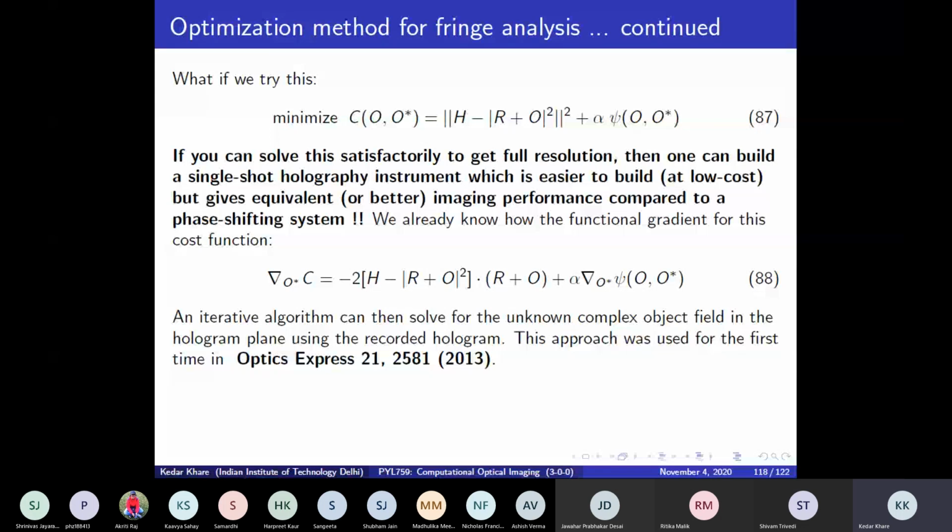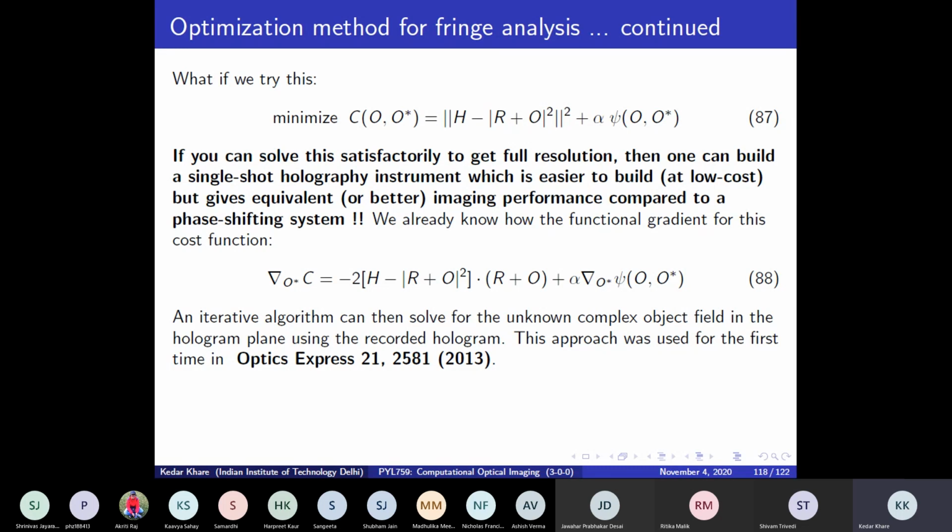Okay, so see, the thing is, interference is known for a long time. Meaning a Mach-Zehnder interferometer is, for example, known for 120 years. But if somebody said, okay, I want full resolution performance for phase imaging out of Mach-Zehnder, nobody would think of actually doing a single shot system. They would say, okay, if you want full resolution performance, then we need to set up a phase shifting system, and it will cost this much, and it needs this much of hardware support in terms of vibration isolation and things like that.